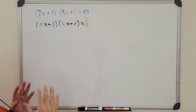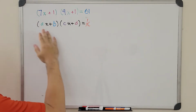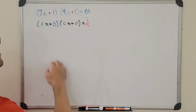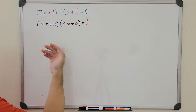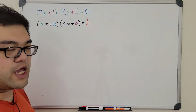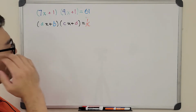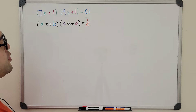Okay, so let's try to make the expression more general. So instead of having numbers, we're going to use some dummy variables to do the expression. So we're going to get the first factor, ax plus b, and again a and b are just some constants, times the second factor, cx plus d, which is equal to some constant on the right hand side, and let's call it k. So in order to use the method, we need to actually know the relationship between a, b, c, d, and k. And again, a, b, c, d could be any random numbers, but once we decide the